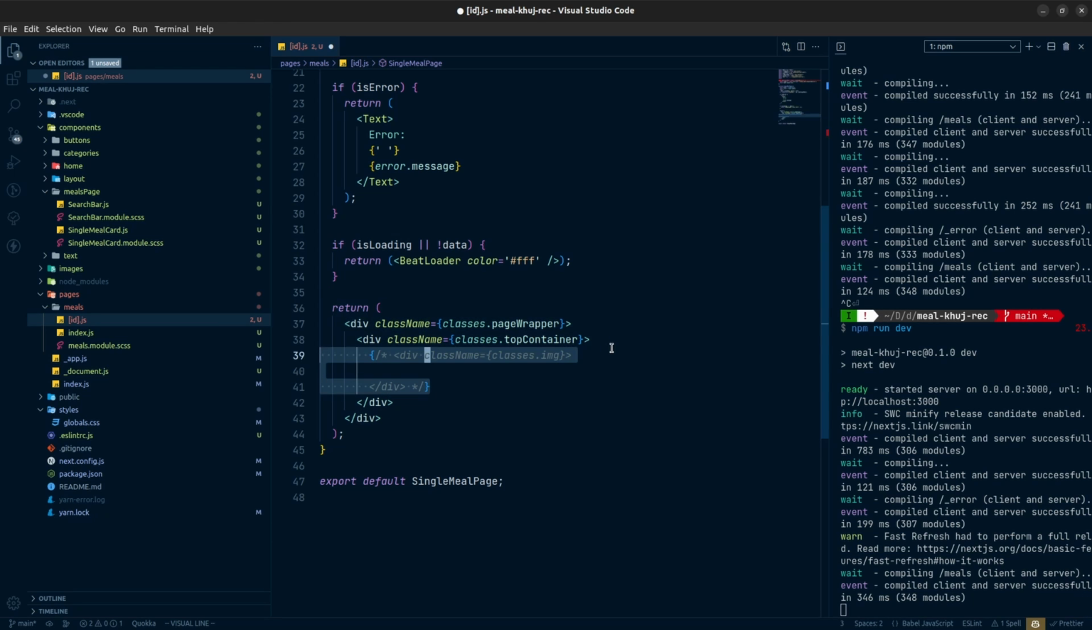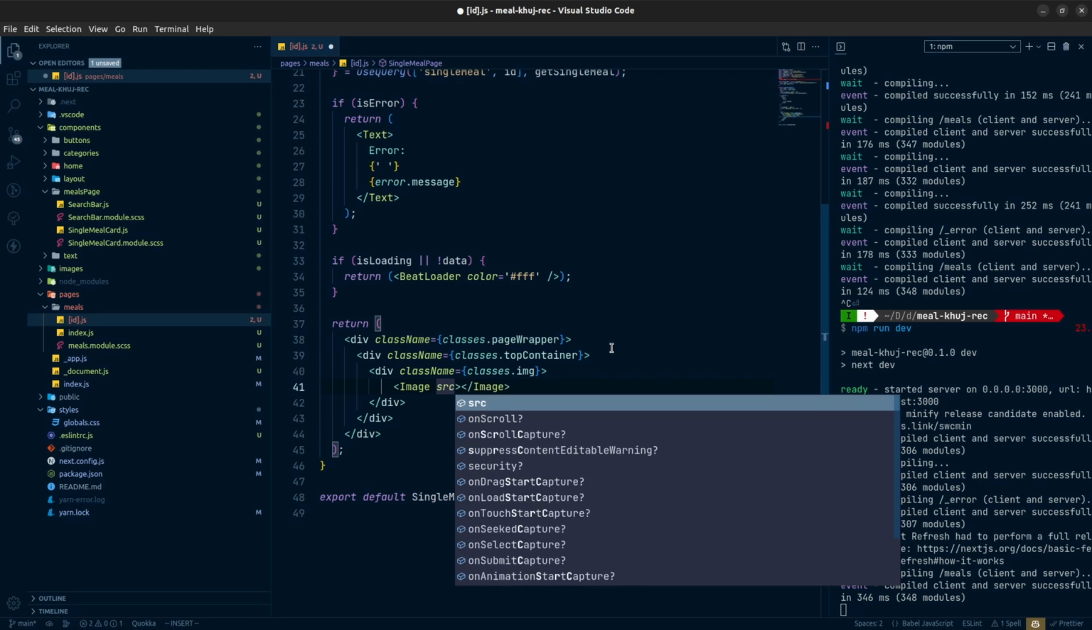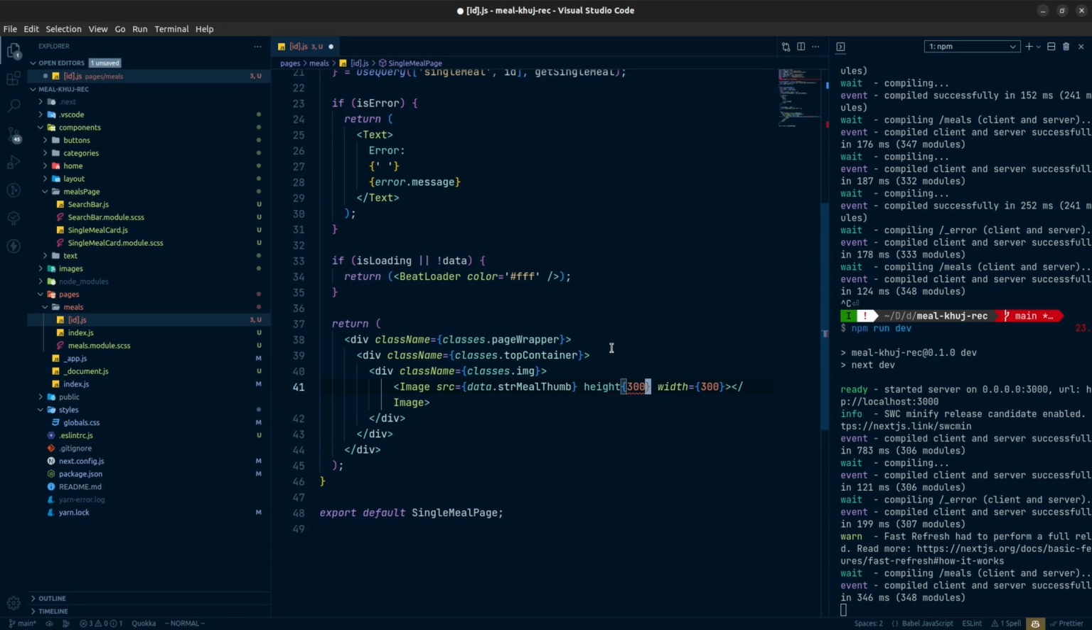So I will use the cover image here, the thumbnail, so Image, and this will be from React image, sorry, Next image. Source will be data.strMealThumb, and also the height will be 300, and width will be 300 as well. Great. Now we have our image, and after that let's come here,